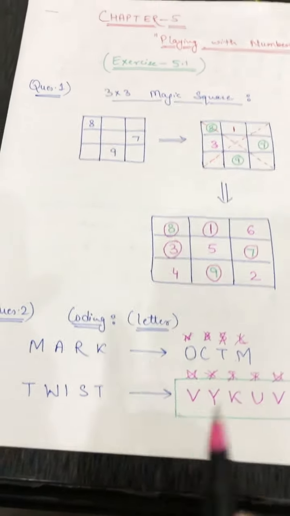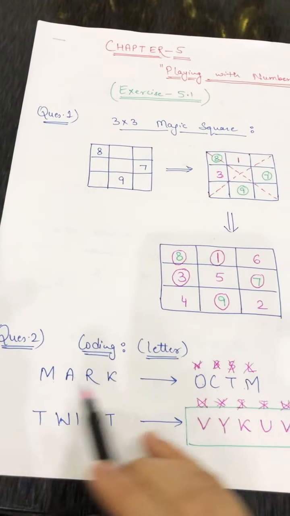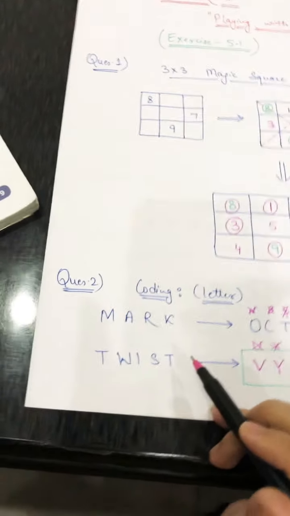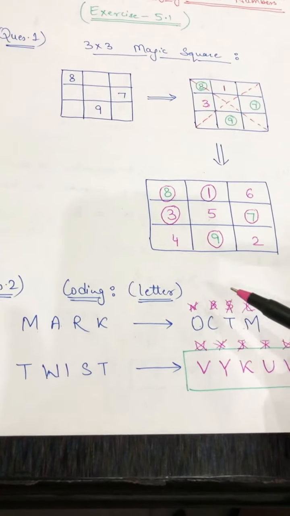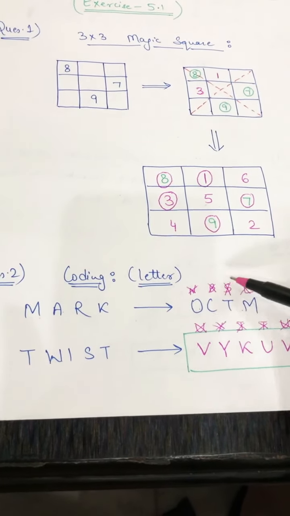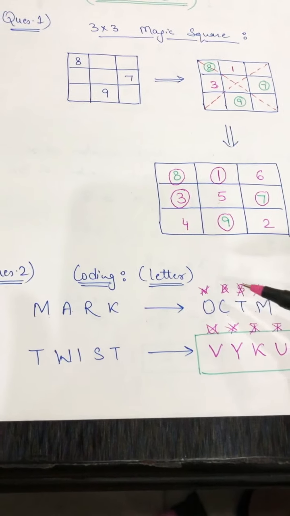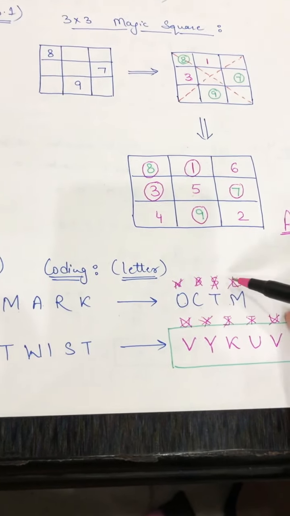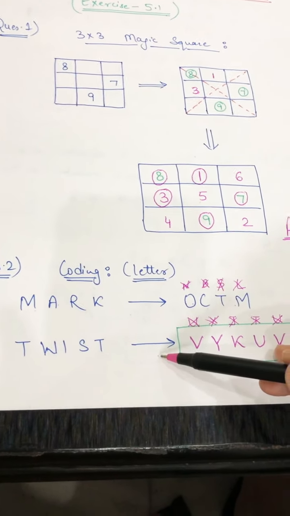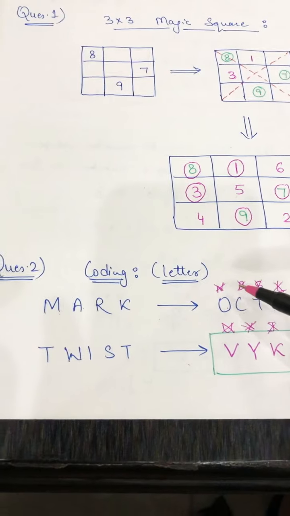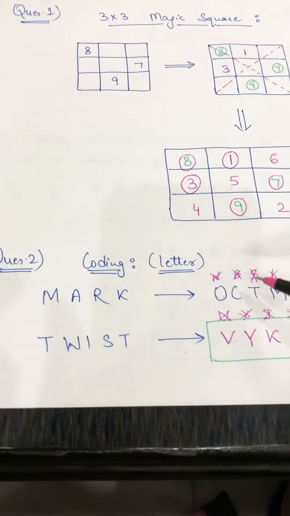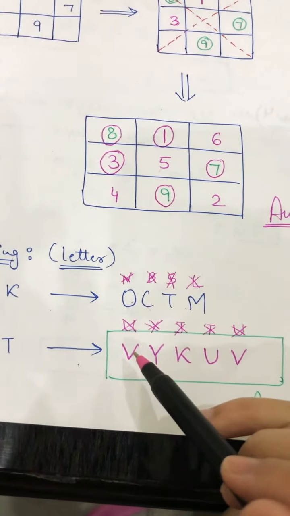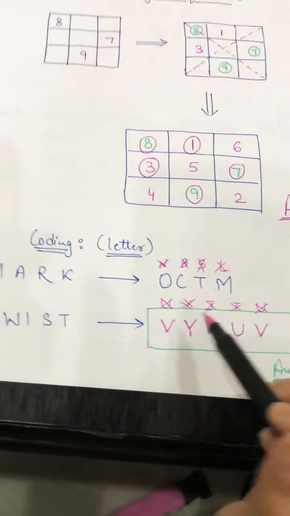Whatever pattern they have followed in the given word, that same pattern you have to follow in the next word. Suppose they have left two alphabets, then you follow that same pattern here. If they have left five alphabets, or 10 alphabets, you follow that same pattern. Now in this question they have left only one alphabet and written the next alphabet, so you have to leave one alphabet and write the next alphabet. Got it? So this is the answer.